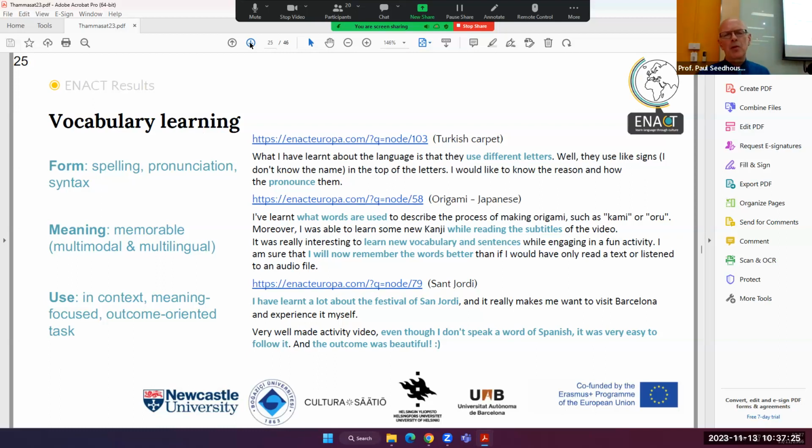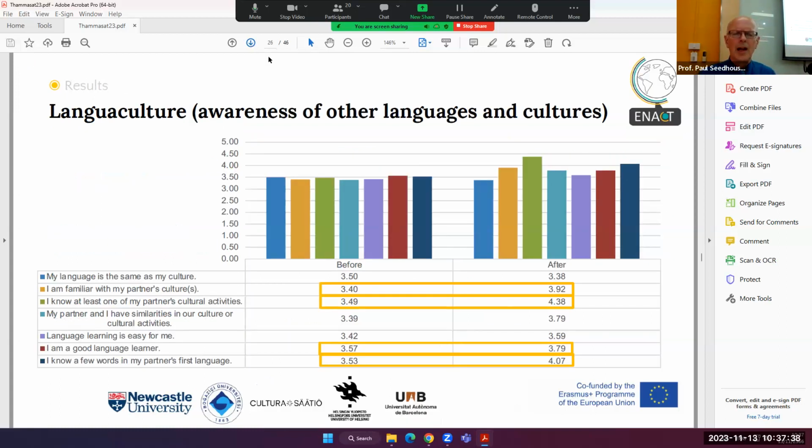So we've been asking people what they've learned, how they've learned it, and the feedback is they've learned things about form and meaning. And we also wanted to find out whether their awareness of other languages changed as a result of doing the activity.